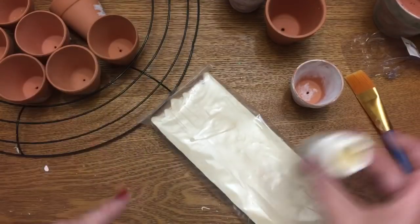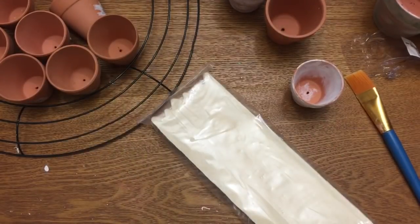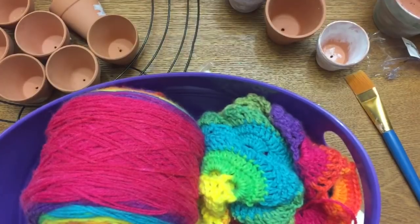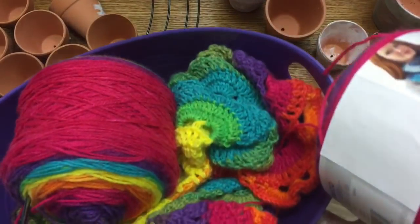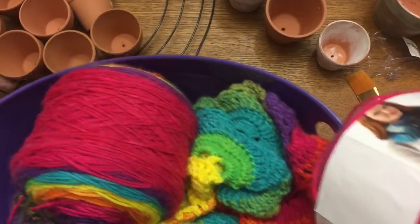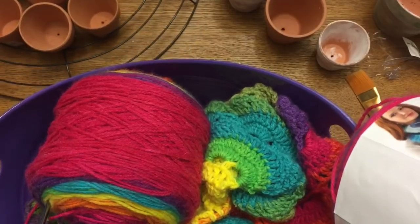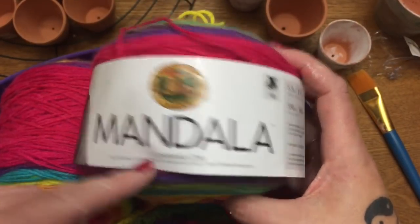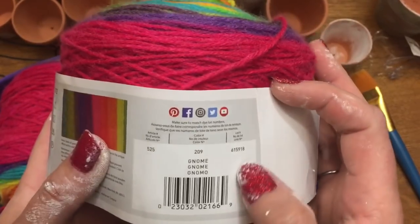Oh, crochet. Y'all know I love to crochet. So, where's my basket? What I have here is a virus blanket. I'm going to try to move my project here. Oh, Lord, I'm making a mess. Okay. One of my favorite yarns from Lion Brand is the mandala yarn, and this is in the colorway